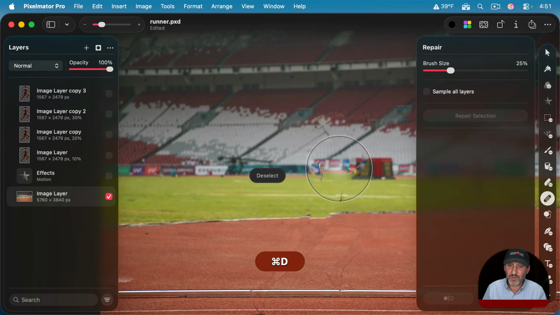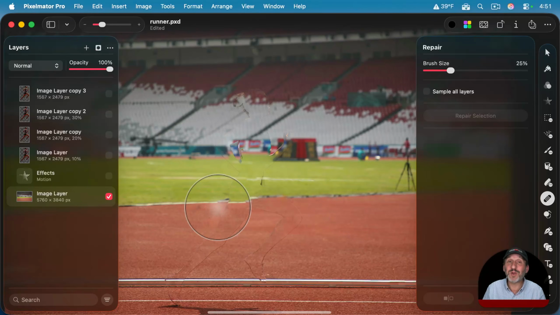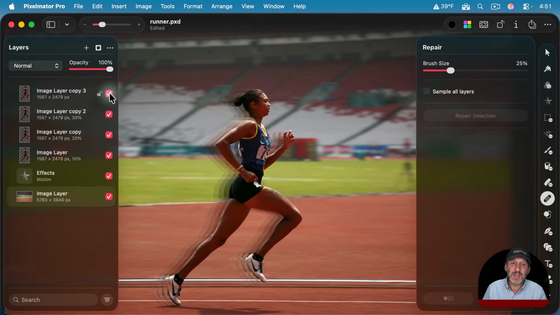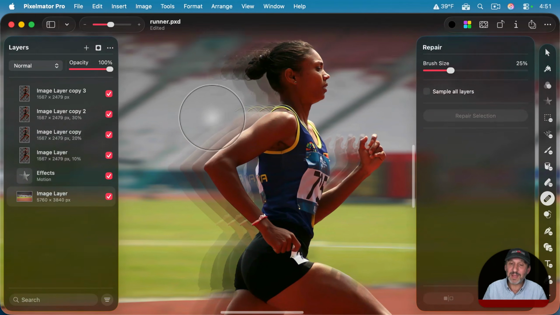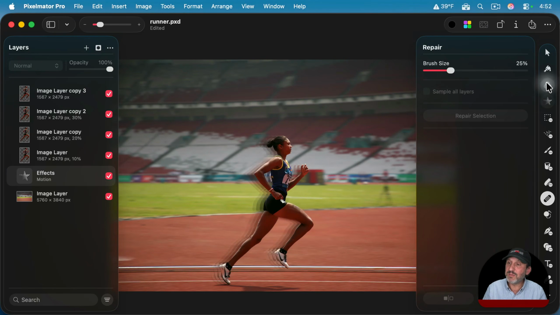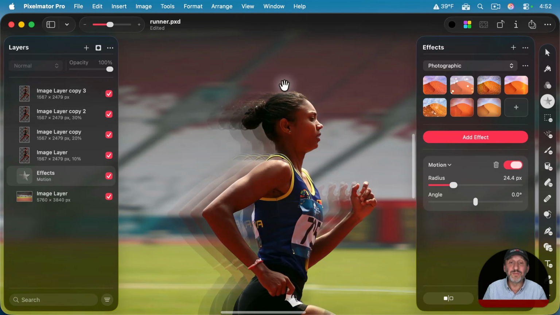Now it's going to get it very wrong. You could see here some of the junk you get there. That's okay because remember we're covering her up. First we're doing the motion blur so it's all blurry and then we're going to add all of these layers back in and now we have her nice and clear with the shadows going back like that but no blur of her at all. But the background is nice and blurred here using the motion effect that we want like that to create yet another version that combines the things we were doing before to create a nice motion effect